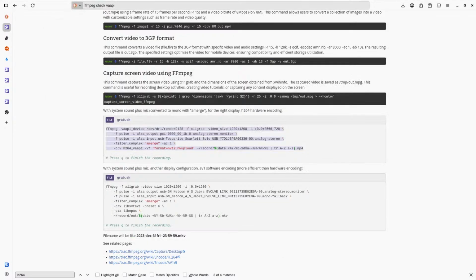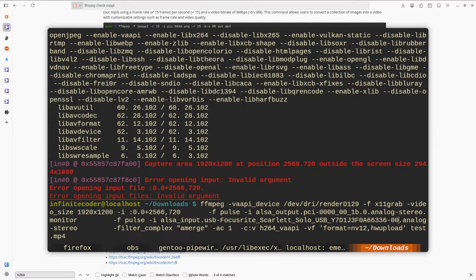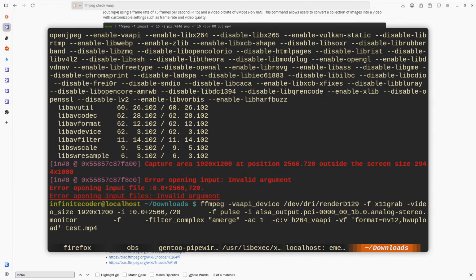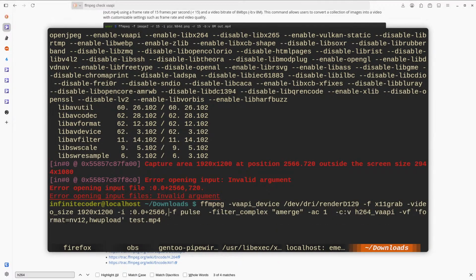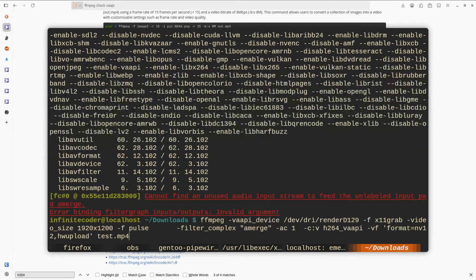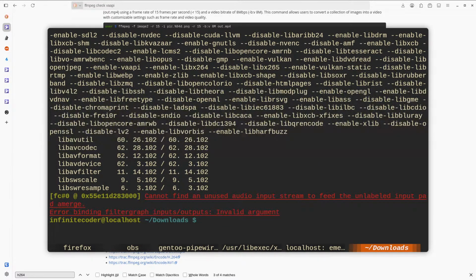So I need... I want to get rid of those dash e, and this one, and this always has been.